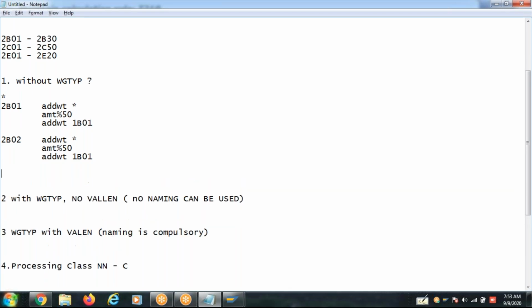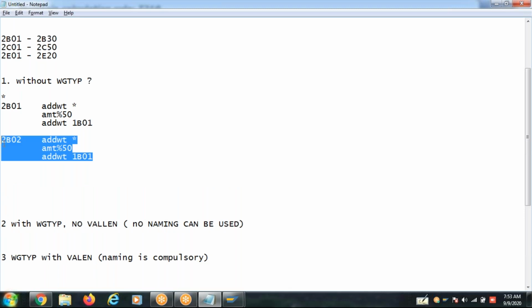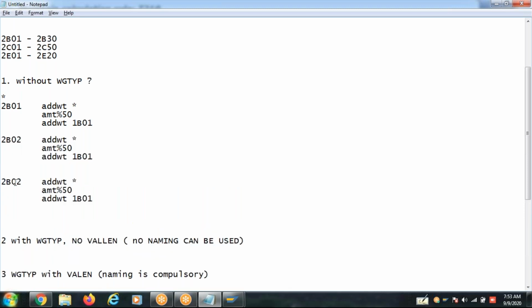And the same operations you are using on 50 wave steps, 2C01 to 2C50. Same operations, right? You are using the same set of operations repeatedly for the 50 wave steps, and here for 30 wave steps. Remember this.